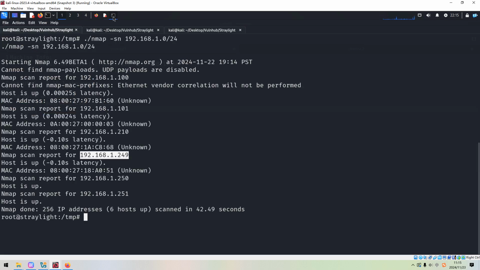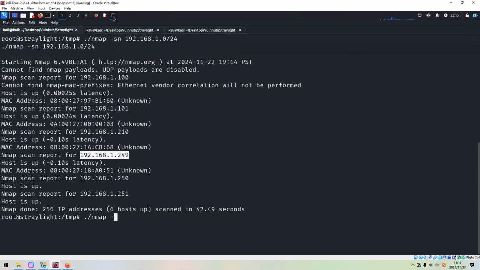We need to identify open port numbers with Nmap, because we have already uploaded Nmap. So now we just run the same Nmap. Of course, we need to use the absolute path to launch Nmap.